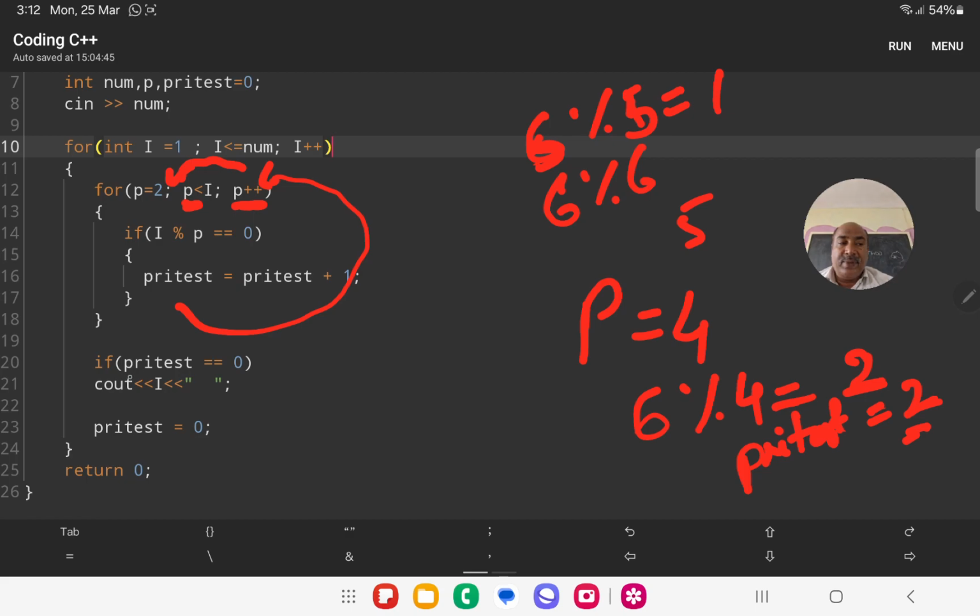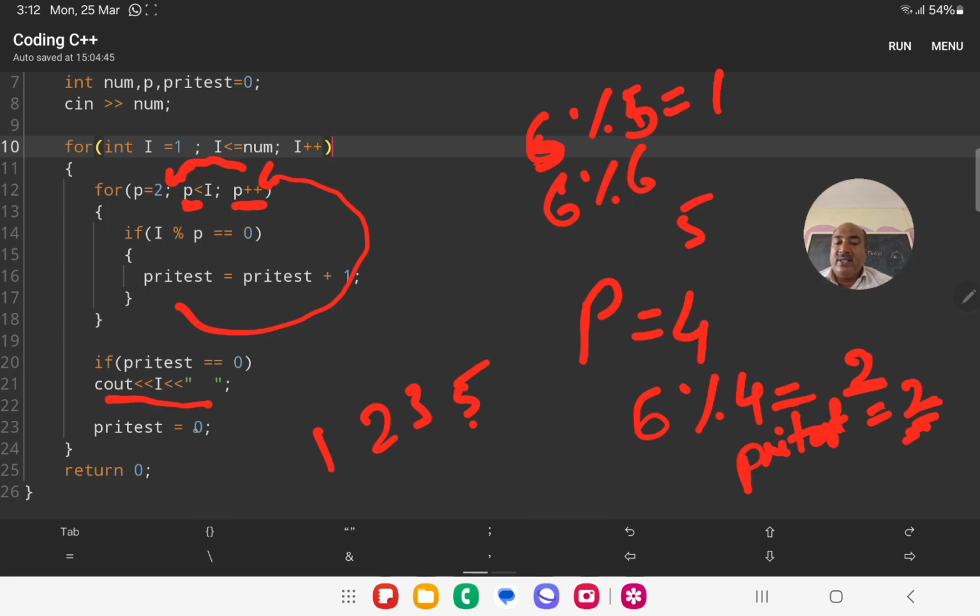Prime test equals 0? Prime test is already 2, so false, and it will not display. So 2, 3 and 5 will be displayed, but 6 will not be displayed because it is not a prime number.